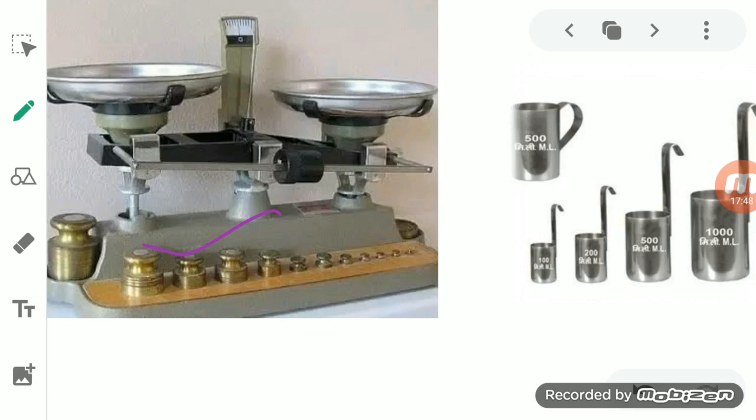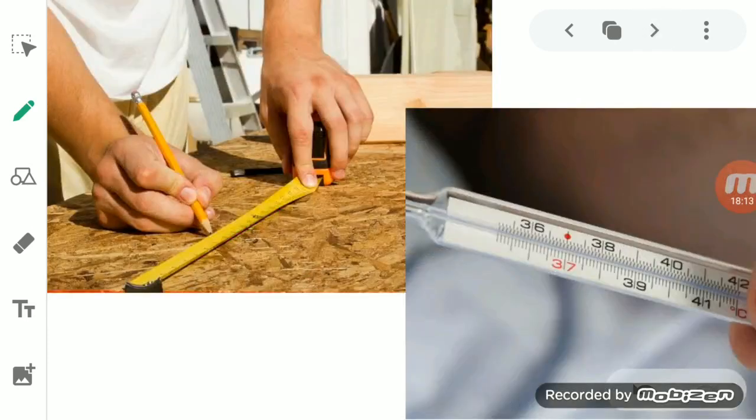Not only this, if you see the milkman, before delivering milk to the different houses, the milkman measures the volume of the milk. It may be 500 ml or 100 ml or 1000 ml, it totally depends. Or we can take an example like a carpenter. While making a table, the carpenter measures the area of the wooden sheet.